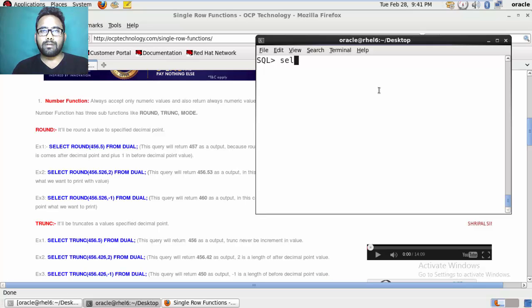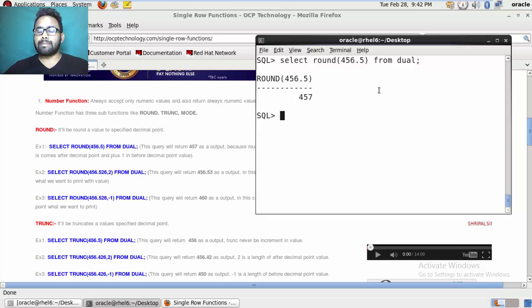I'm going to write a query: select round 456.5 from dual. Basically, the round function always rounds up the value if it is 5 or greater. Let's suppose you go to a chemist shop and purchase a medicine with a printed rate of 9.5 rupees; they will take 10 rupees from you, in round figure.